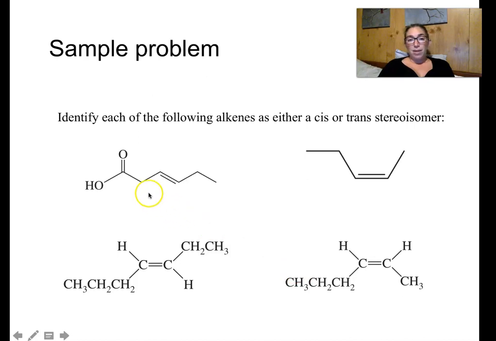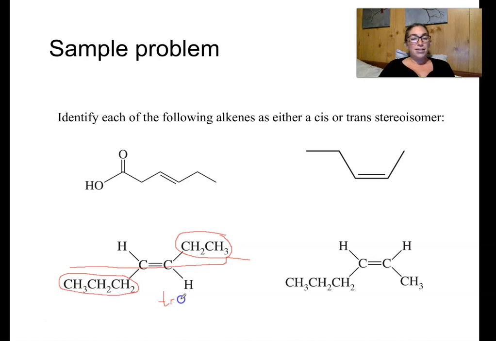So let's do a couple of practice problems here. I'm going to do the bottom ones first. We get our pen here, and we draw this imaginary line, extending that double bond basically, and then we circle the groups. A hydrogen is not a group, okay? A hydrogen is invisible in skeletal structure, so we don't count that. We're not looking at the hydrogens, we're looking at any substituents coming off. In this case, the substituents are on opposite sides of that double bond. So this would be a trans isomer